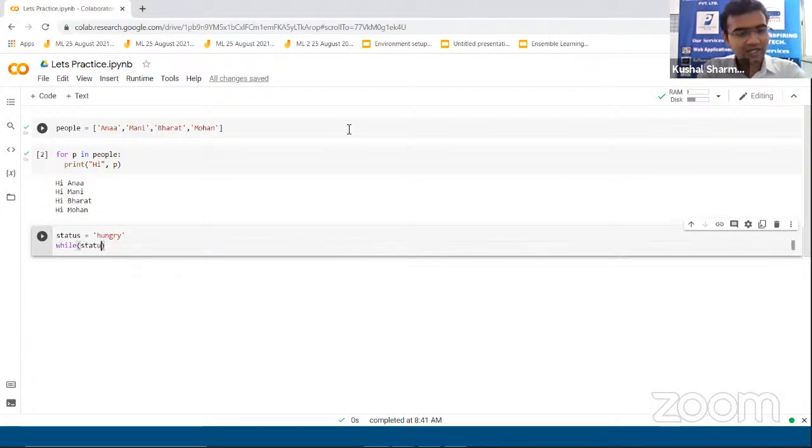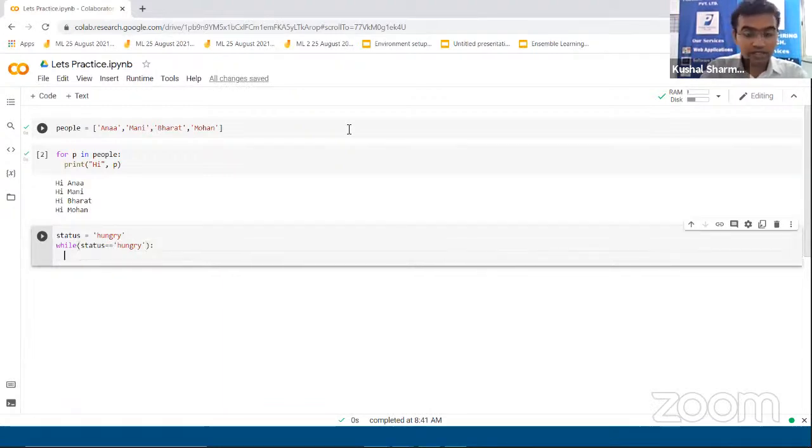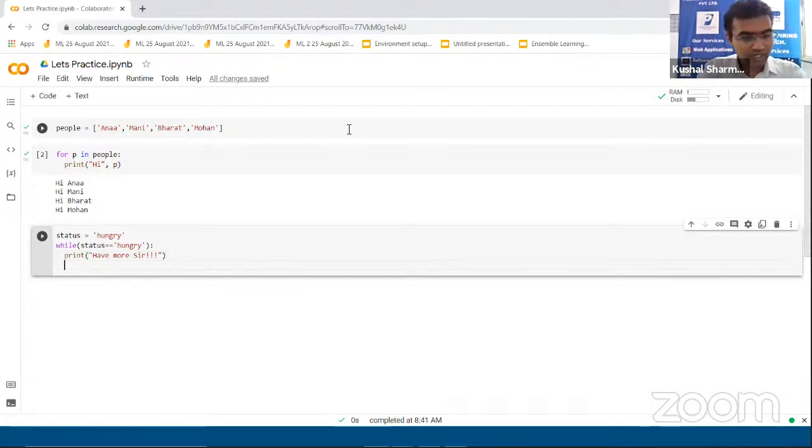So while status is equal to hungry, what we can do is keep on providing, print have more sir. So keep on providing more and more food. This is going to be unending. So let me take an input over here. The input would be, let's say, ch is equal to input